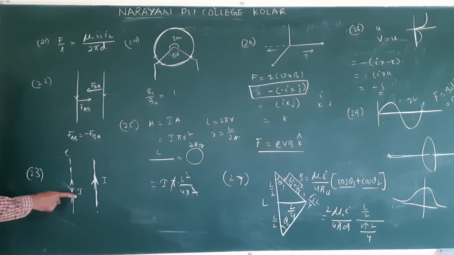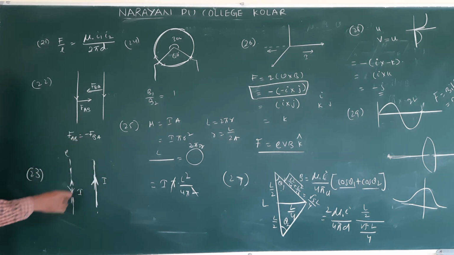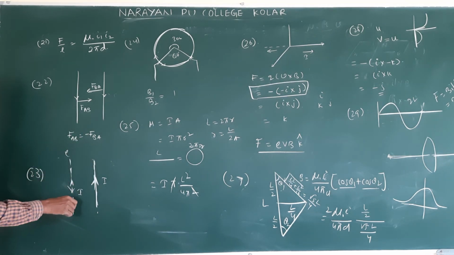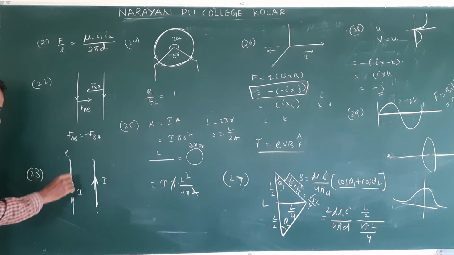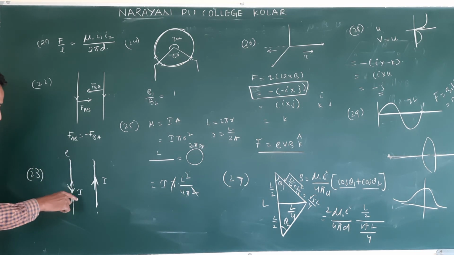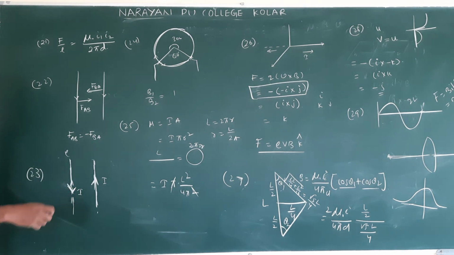Now protons moving in this direction, the current direction is the same, positive direction. Electrons also moving in this direction. They mentioned parallel. The actual electron flow direction is up, but the current is opposite. So this I, which direction? Opposite direction. When currents are in opposite directions, they repel each other. So option 2 is correct. 23, option 2 is correct.